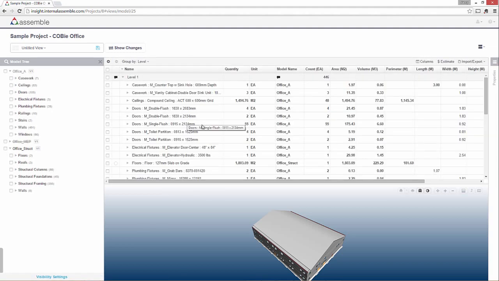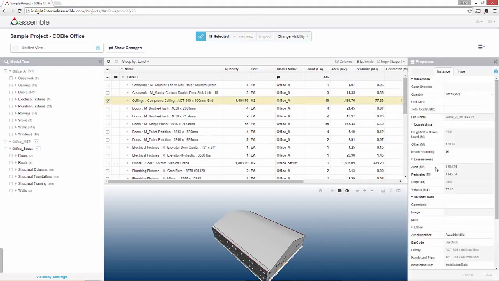And further, I'll verify that my source quantities are set properly. You'll notice that doors, for instance, have a source quantity set to count. Ceilings have a source quantity set to area. If I'd like to change any of these source quantities, simply choose the type and open the Properties panel. At the Instance tab, choose the quantity drop-down and select the quantity you'd like the variance to be run against,